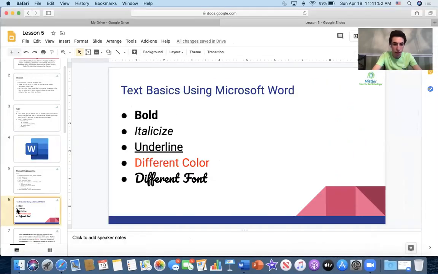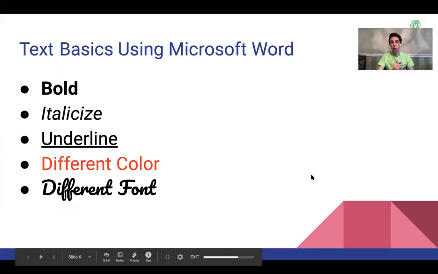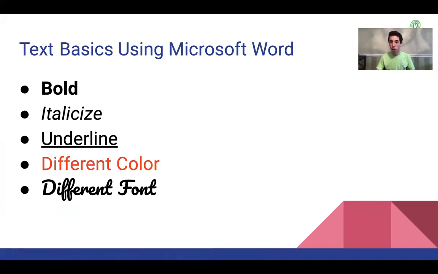So I'm going to pull this up here. So here are the 5 most common, what I refer to as text basics, which are accessible on Word and also accessible on Pages. I went through a few of these last week on Pages, and I'm going to emphasize them again today. And all of these are used to make text stand out or look different from the rest of the page. So if it's a title and you want to make it stand out, or a certain key phrase that you want to make stand out, you would be using these text basics. So there are 5 of them that I'm going to talk about today.